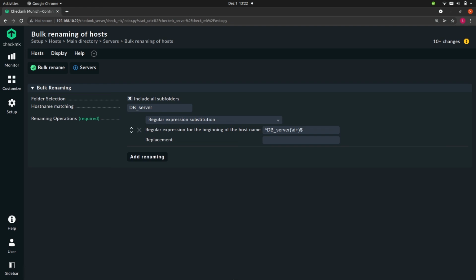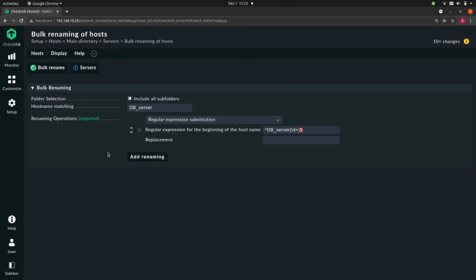So what is written here is the string starts with db_server, and then we want to capture this group. \d means any digit, and the plus means 1 or more. So it will capture any host name starting with db_server and followed by 1 or more digits, and then the end of the string.